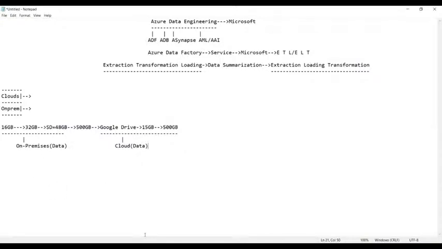Now, guys, most of us, almost every one of us nowadays, are we storing the data in an SD card? Are we storing the data anywhere else? No, we are not, nowadays. Most of us are not storing it in the SD card. We have moved from physical data to cloud data.